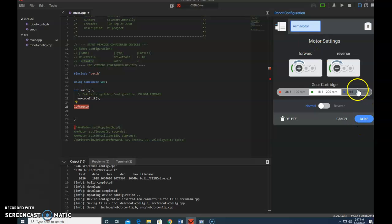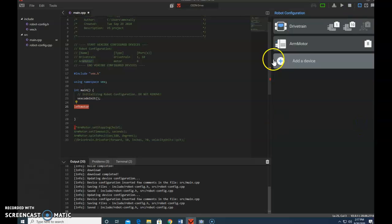And I'm going to say done, and it's on port 8. So this time, let's try arm motor. Enter. Not sure why that's giving me an error at this point, but